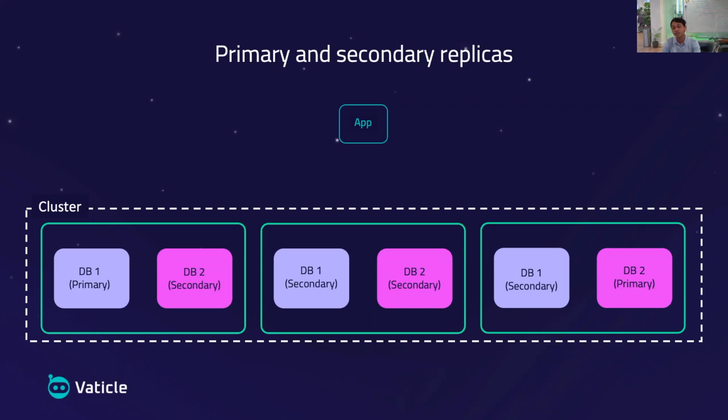However, different replicas may play different roles during the lifetime of the system. So in a cluster, you will have 1 replica designated as the primary replica, and the rest of the replicas will be designated as secondary. And this is true for every database that you have in TypeDB cluster. So in this case, you can see that the primary replica of DB1 is sitting on server 1 on the left, whereas the primary replica of DB2 is sitting on server 3 on the right.